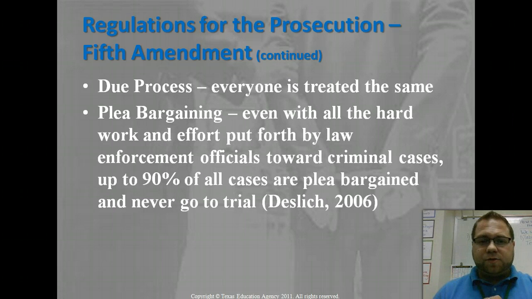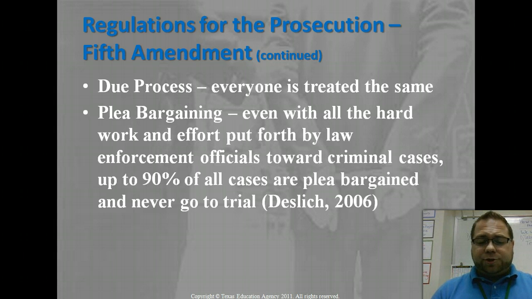Due process just means everyone is treated the same and the process looks the same for everybody. Okay. Now, plea bargaining kind of falls underneath this amendment. When it comes to law enforcement, you try to do everything you can to gather evidence, and then ultimately prosecutors try to sway jurors, and then it comes down to it that in most cases, up to 90% of cases, are plea bargained, meaning that